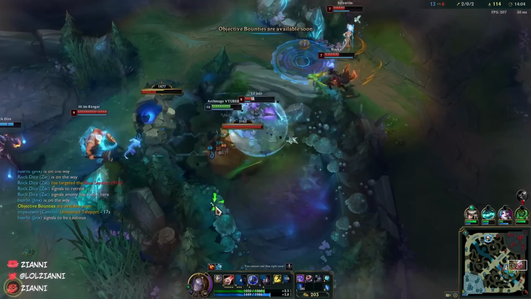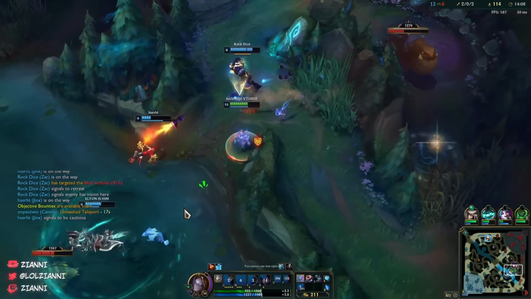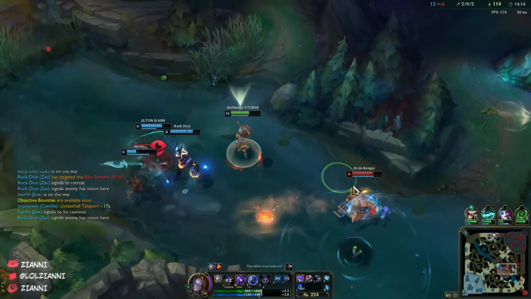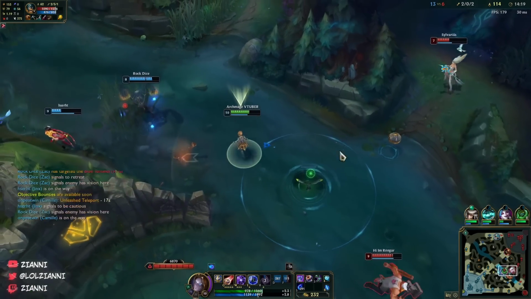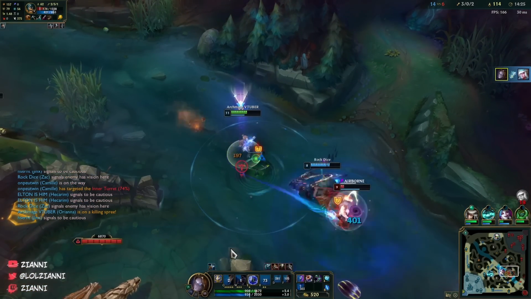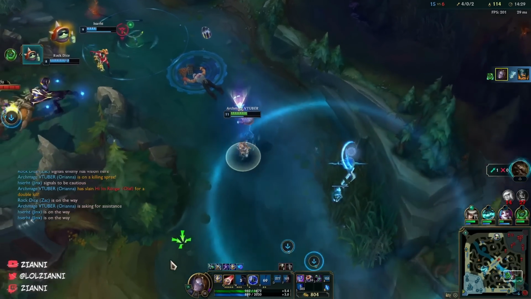No way I'm getting ulted on. Fortunately, Olaf already ghosted, so he's got nothing. That's pretty crazy. Pretty sure we just killed this guy, guys. Nice. We should look to kill Lucian as well if we can, but...